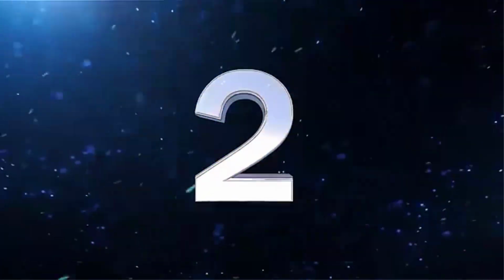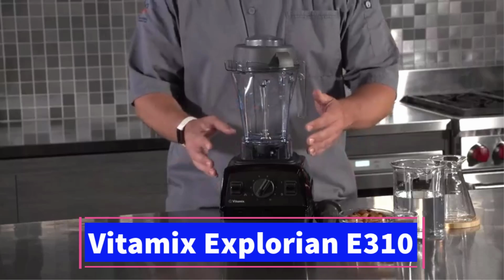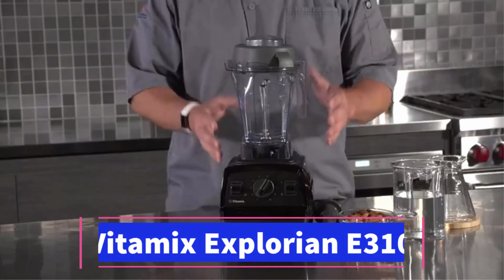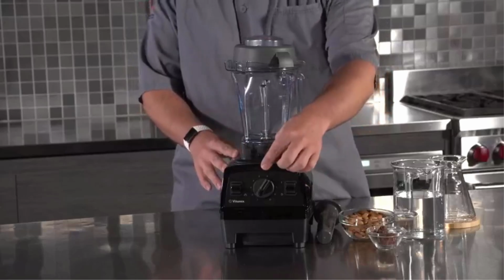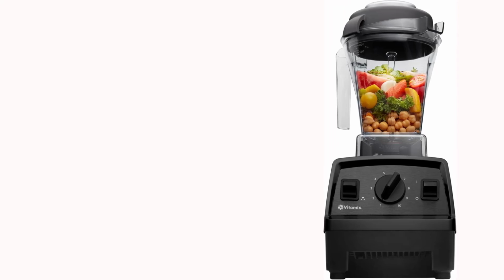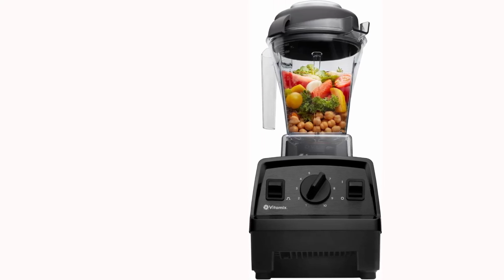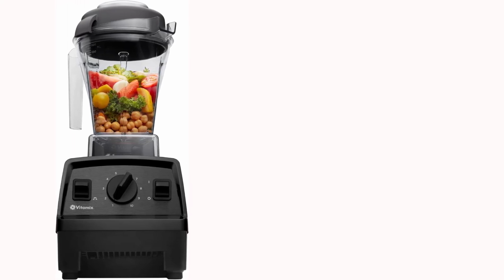Number 2. The Vitamix E310 Explorian blender is a professional-grade kitchen appliance designed for both home and commercial use. It features a 48 ounces container, which is perfect for smaller to medium-sized batches, making it ideal for individuals or families. The compact size of the container allows for easy storage while still offering ample capacity for smoothies, soups, sauces,